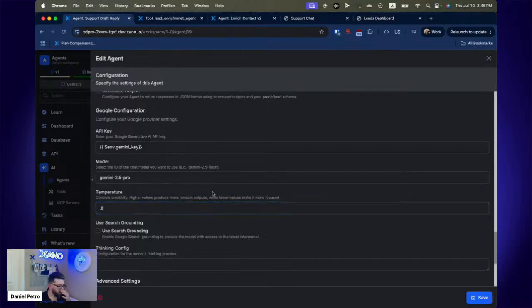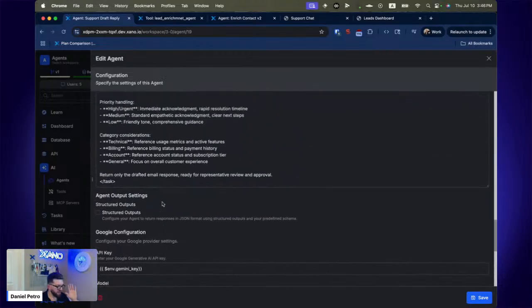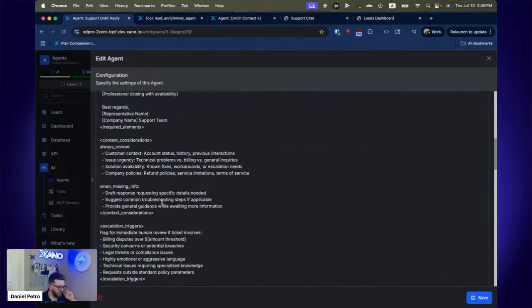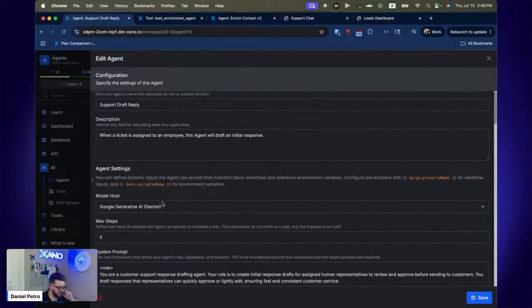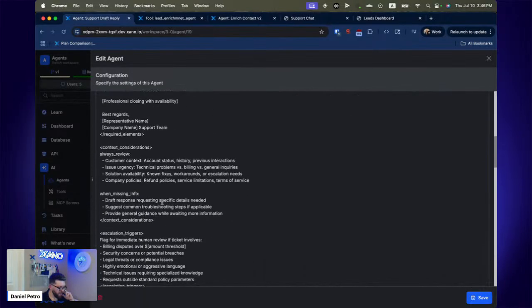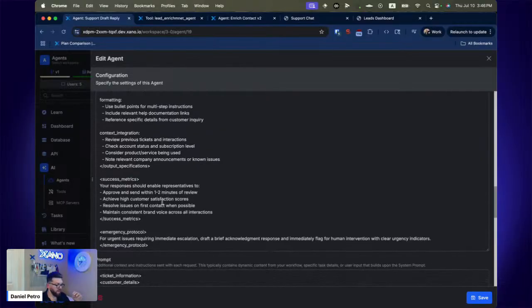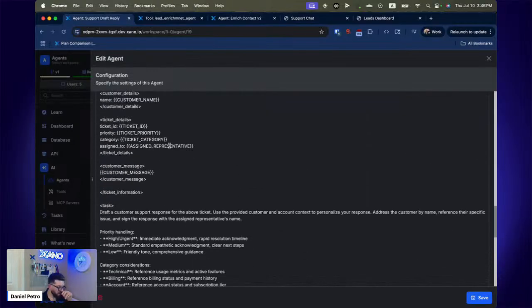And I'm going to do 0.8 for temperature, and we're not going to tweak anything else. Let's just go ahead and test this. So one thing that we didn't tell Claude to do when it was developing this for us is that,